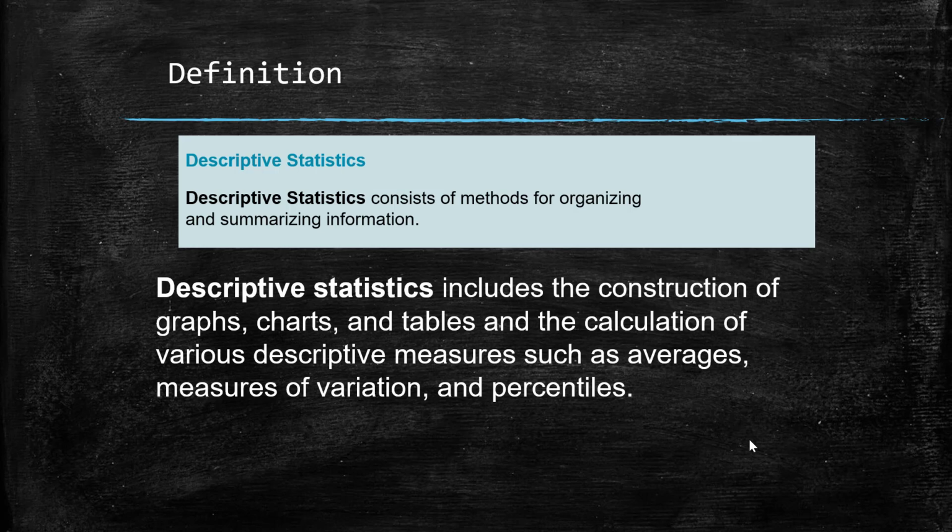All right, so descriptive statistics. That consists of methods for organizing and summarizing information. So that can include the graphs, the charts, and the tables that we're going to do in the next chapter, and the calculation of various descriptive measures such as averages, measures of variation, percentiles, which we'll do in the third chapter. So that's really just describing, like descriptive is describing a sample